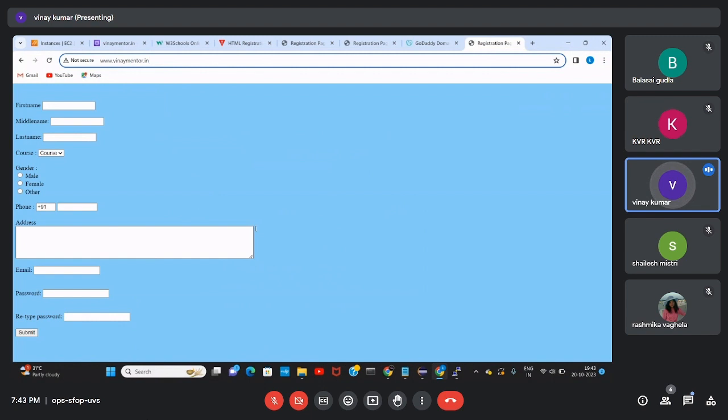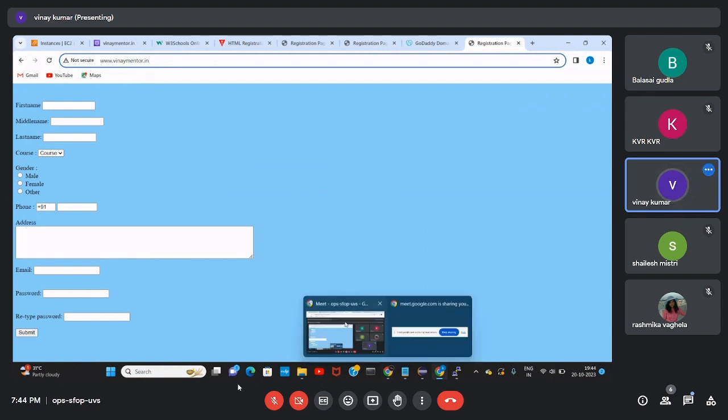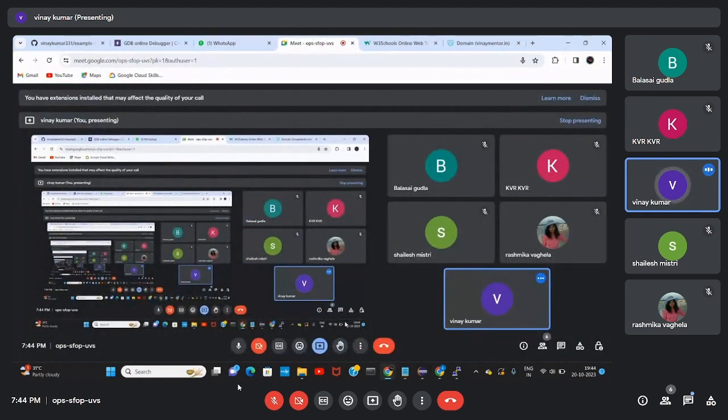As of now, I am using a small HTML code. If you have any application code or whatever you want, if you deploy it on a server, it will appear like this. This is a basic thing. Now we will discuss some more things. Any questions? You can ask me now.